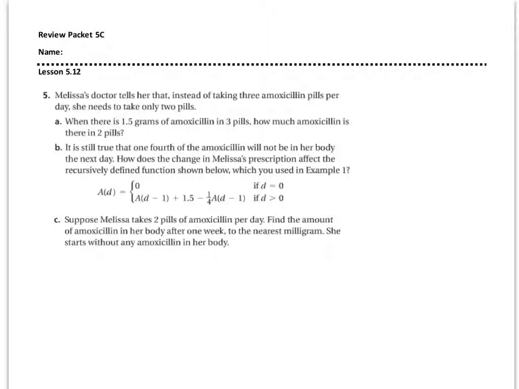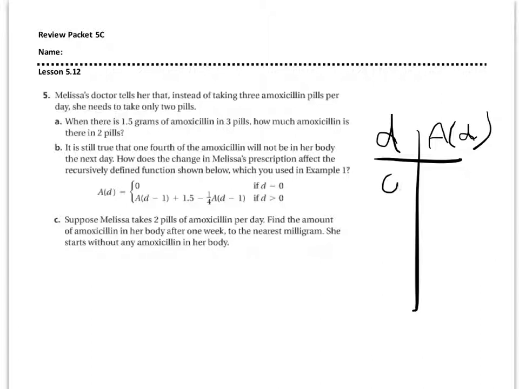So how does the change in Melissa's prescription affect the recursively defined function shown below, which you used in example 1? So this is the recursive definition. You start from 0. D stands for the day, and A of D minus 1 means whatever comes out from here. So if D is 0, A of D is 0, right? If D is greater than